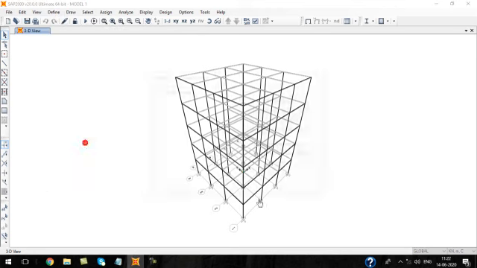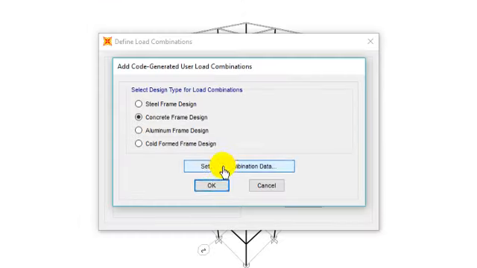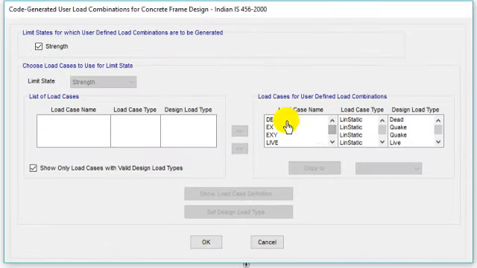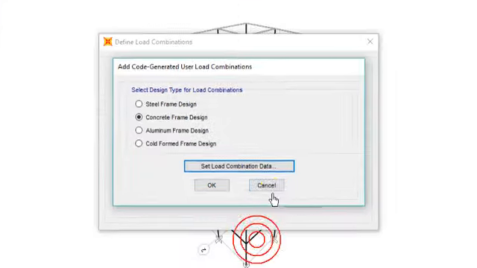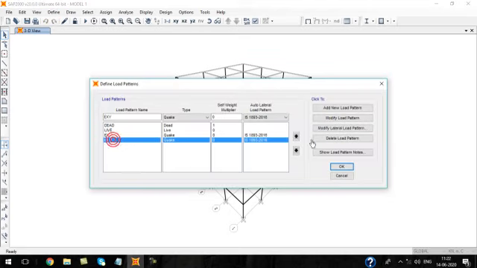Then go to load combination, add default load combinations, change it to concrete design, set load combination and check dead load, EX, EY, live, RSX, RSY. Yeah, everything is there. But before that, let us change the pattern name to EY.